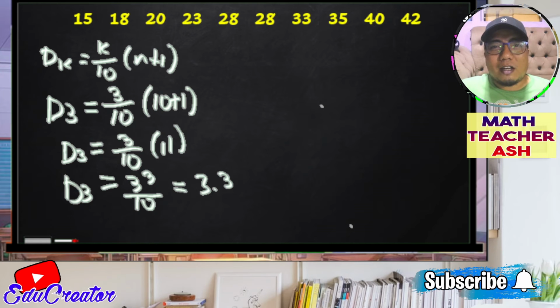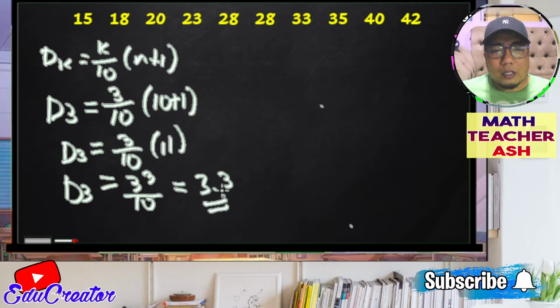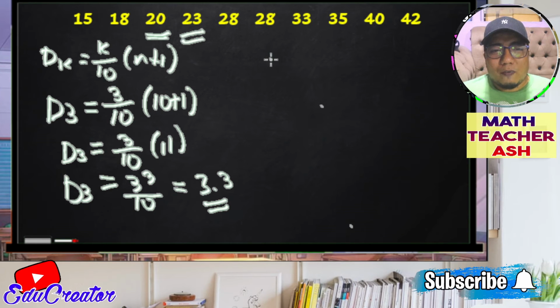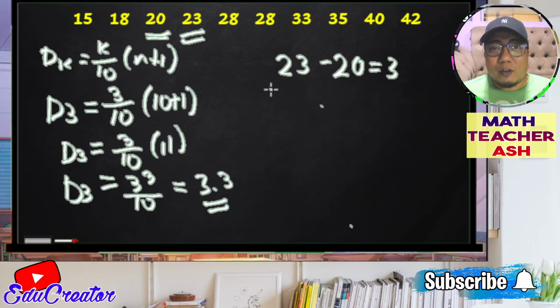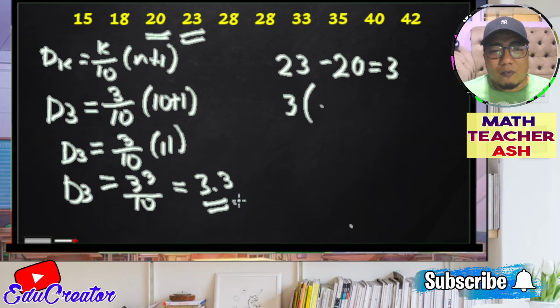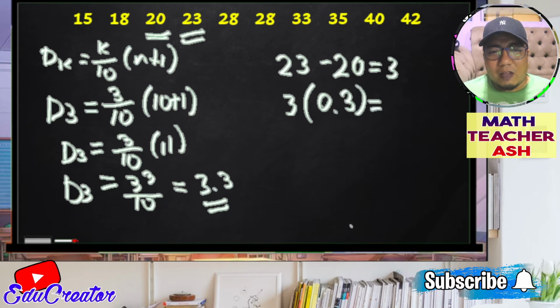Now, if you remember the linear interpolation, the next step we need to do is to consider where our 3.3 is located. Of course, 3.3 is located between the third and the fourth. So, considering the third, we have 20 and 23. For step 3, we will now subtract these two. So, 23 minus 20, and the answer is 3. For step 4, in the linear interpolation, we will multiply the result by the decimal of our given formula. So, that is 0.3. If we multiply that, that will become 0.9.